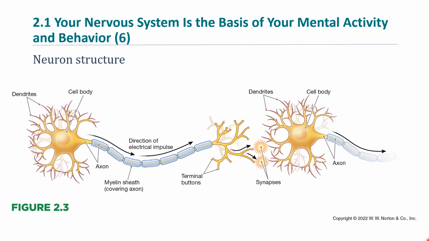I'd get a shock. So we cover everything so that the charge stays within the cord, and it doesn't dissipate into other things. So this is the same idea. Without the myelin sheath, the charge would go slower. It would be less effective. Some of the charge would be lost along the way. So myelin sheaths are very important for fast transmission of signals within a neuron and within the brain.